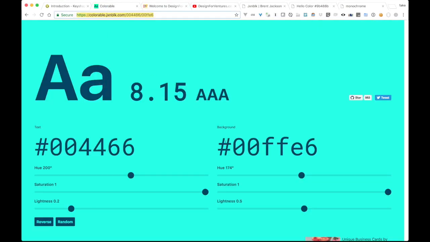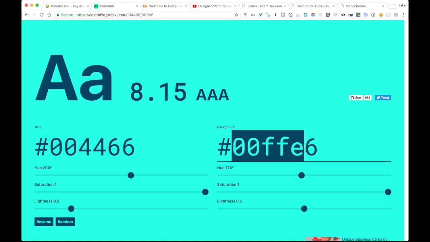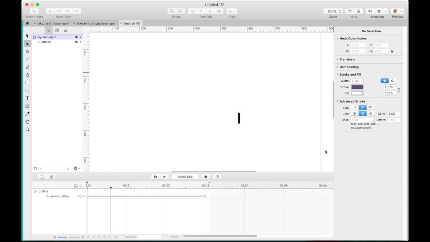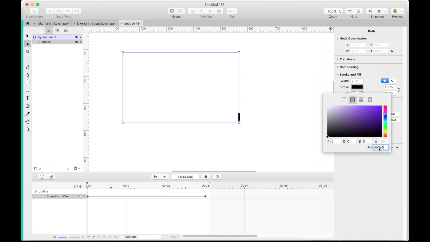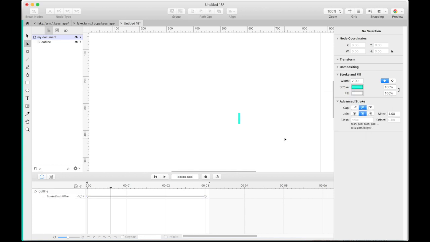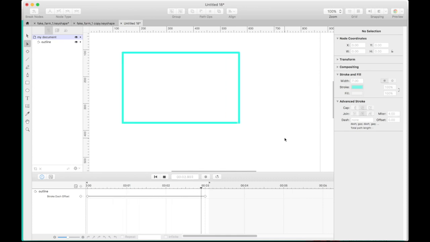I just found this cool blue and this text color. So instead of using black, I'm going to use this and show you how I use it. So I grab that background. Actually, let's take that background color. I'm going to go with the outline. And you'll notice that stroke dash offset has nothing to do with color. What I mean by that is the color is not going to change ever based on this property. So stroke is right now black. I'm going to make it that cool blue color, and I'm going to watch it go this way.